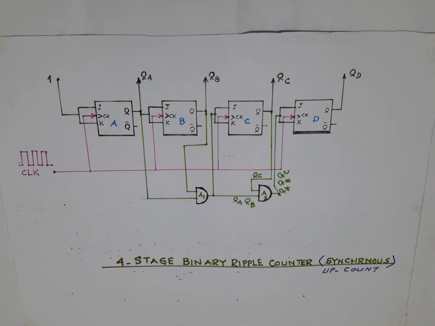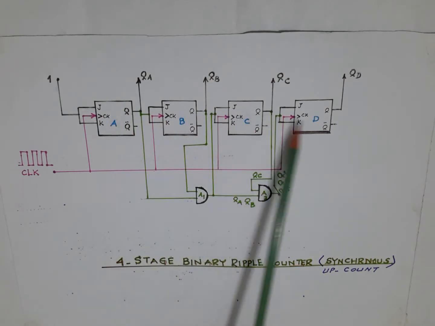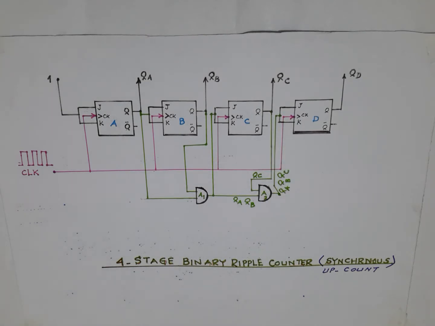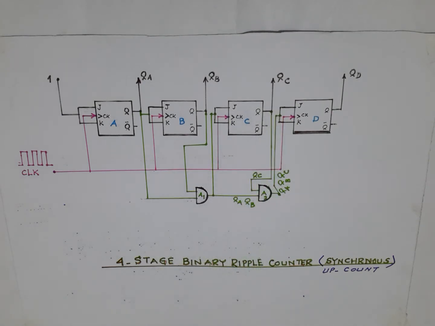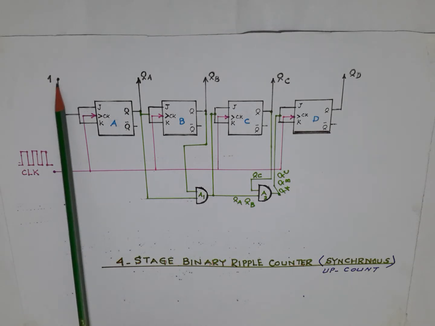Looking at the diagram, it is very similar to the asynchronous counter. 4 flip-flops A, B, C, D are connected, but there are 2 changes made. In the previous asynchronous counter, the JK terminals of each flip-flop were connected to logic 1 voltage, but in this case the JK terminal of the first flip-flop is connected to logic 1 voltage,